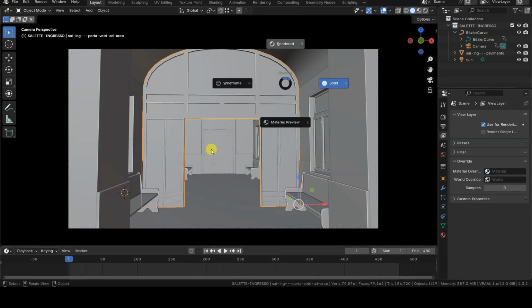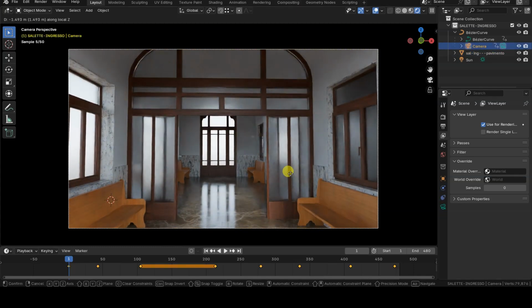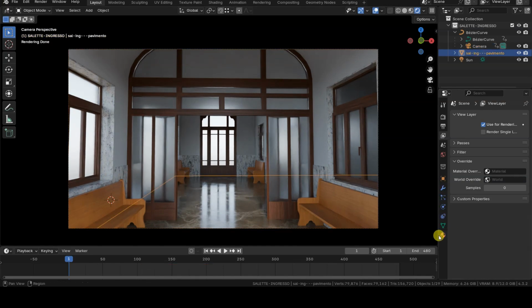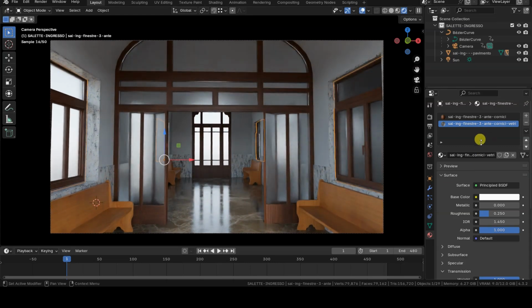Hello everyone. In this video tutorial made with Blender 4.3, we'll take a look at three simple operations related to materials. The first two operations will allow us to hide or delete materials, while the third will let us remove only the image references from the image texture nodes, while keeping those nodes inside the materials.